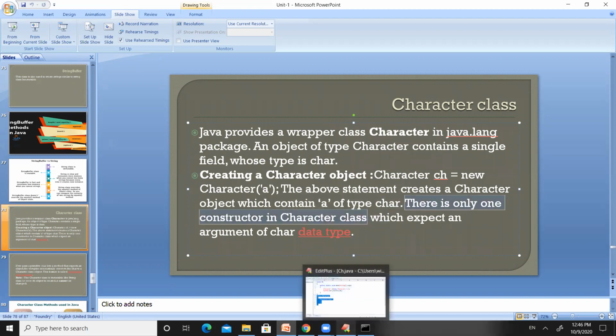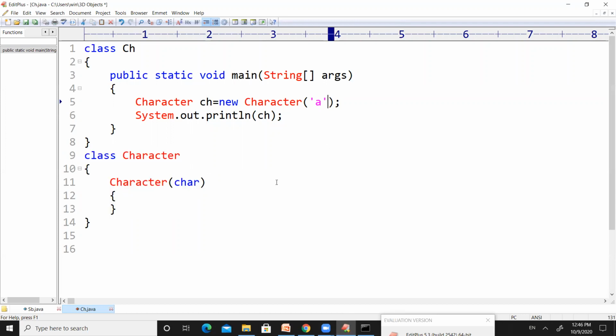Constructor in the sense, we already studied that if the class name and the method name are both the same, and if the method does not have any return type, then the method is called a constructor. Here you can find the class name is Character and the method name is Character, and this method does not have any return type. So the class name and method name are both the same. That's why this is called a constructor.